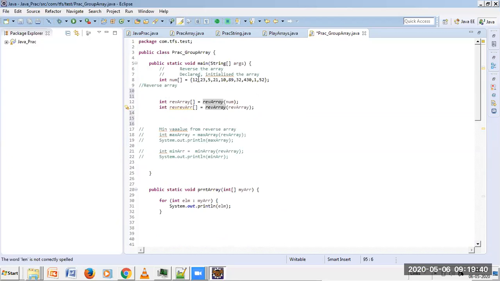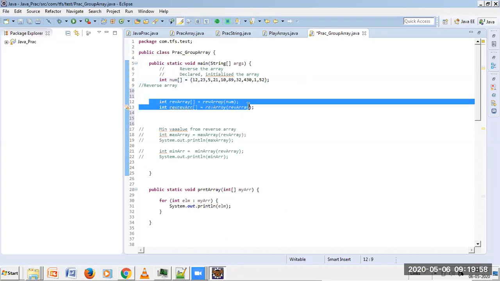That means if it is 12 to 52, make it 52 to 12, so the whole array will get reversed. 52 in the place of 12, 1 in the place of 23, and so on.